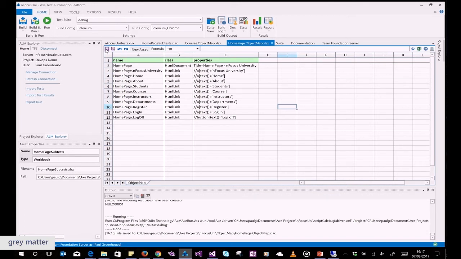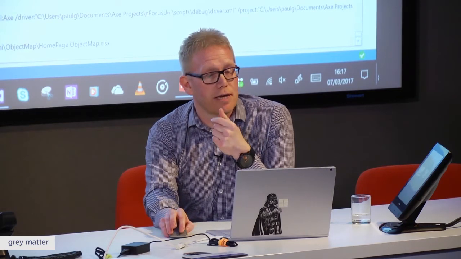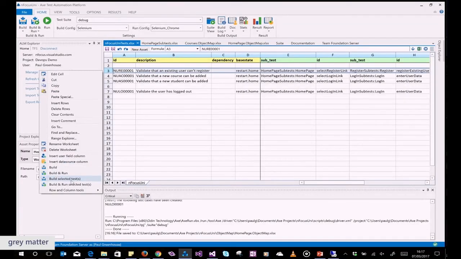What about changes on the GUI end done by the developers coming forward? If the developers change courses to course and then try to run, would the script realise that this has changed? Wouldn't you want the script to fail so that you know? Yeah. So what would happen is it would fail and it would give you a reason why it failed. So let me run one of the other tests. Effectively, any changes like that would just stop the test, and then you'd have an item to change on the tests. Yes. So if I run this test,